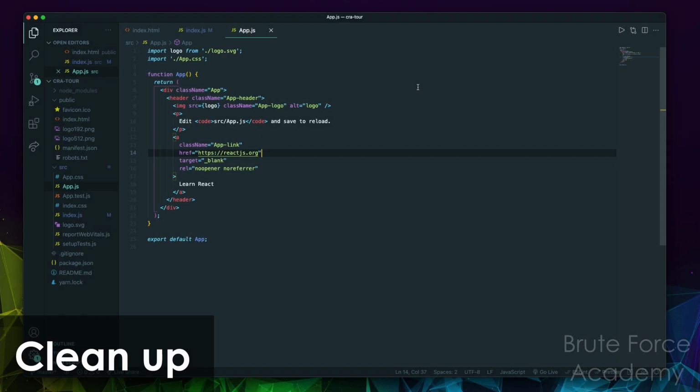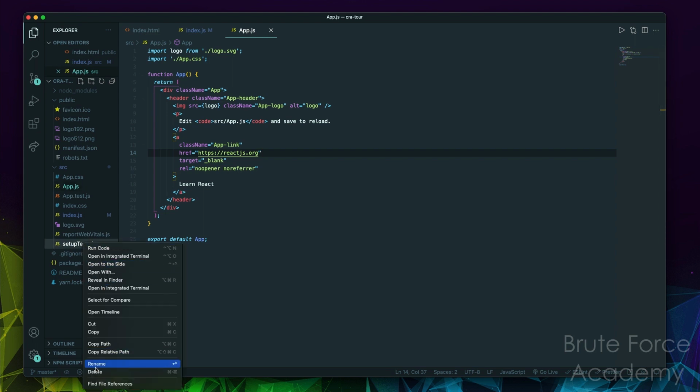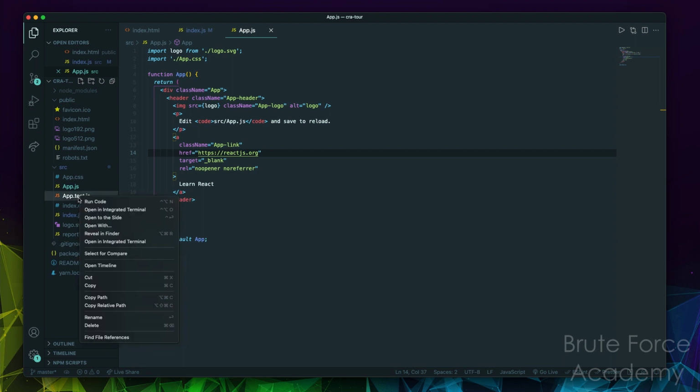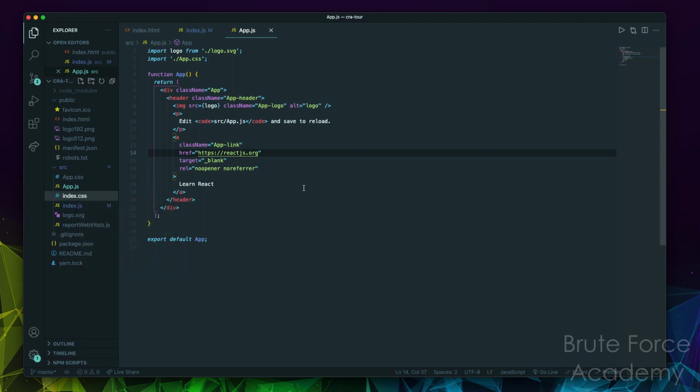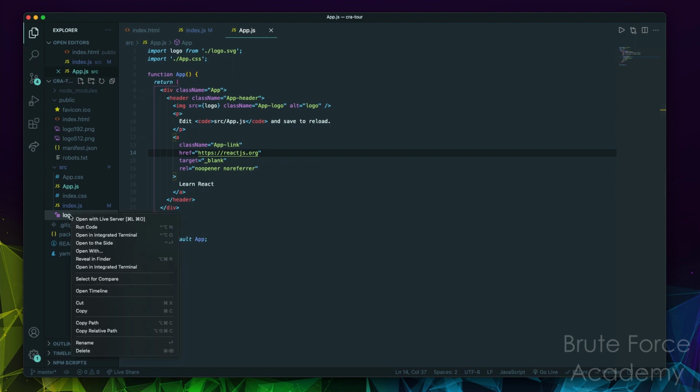Okay, so that was your tour of Create React App, and as an added bonus, what I'll go ahead and do is just show you the general cleanup I do, because obviously we don't need everything in here in order to learn React, and I don't know about you, but for me personally, it's easier to focus in on what I have to do if I'm not looking at a bunch of other things, getting distracted. Okay, so typically what I'll do is I'll get rid of the setupTests.js, because if I'm just learning React, I'm probably not writing unit tests unless that's what I was learning, in which case I would keep it. I'm going to get rid of the reportWebVitals,